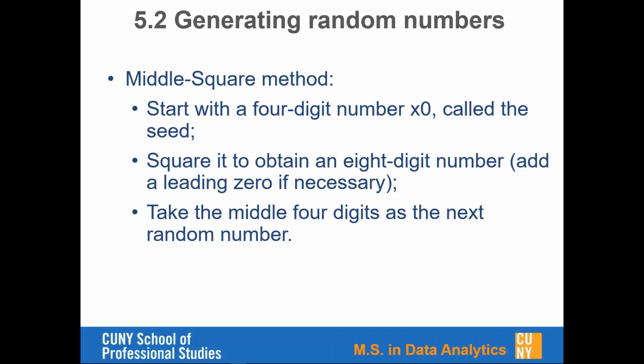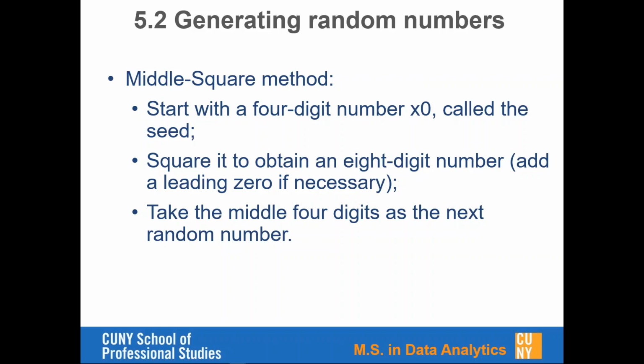Next, we discussed how to generate a set of random numbers. One of the methods that we usually use is called the middle square method. You start with a 4-digit number x0 called the state. The first number from your simulation is always called a seed, x0. In this method, you square it to obtain an 8-digit number and add leading zeros if necessary. If you don't really have 8 digits, if you start with 300 and then